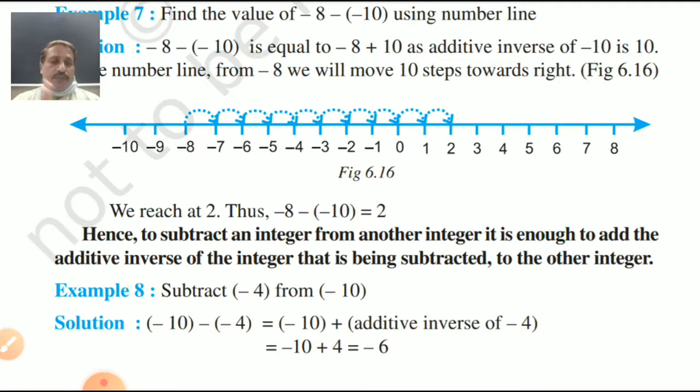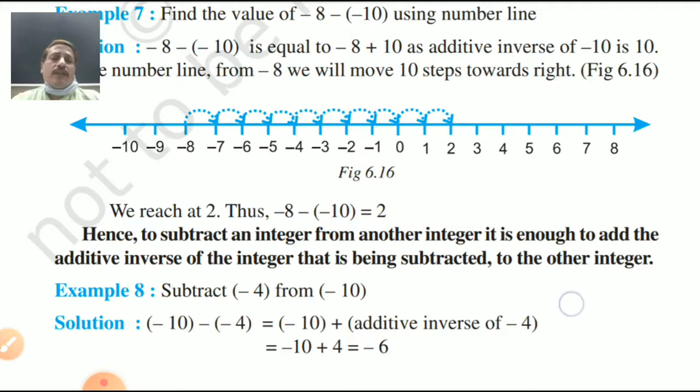-10 we have to write first, -4 afterwards. So what is the additive inverse? The additive inverse of -4 is +4. Additive inverse, a new word. Clear? Plus then minus, minus then plus. What will be the additive inverse of -4, son? The inverse is +4, and of +4 it is -4.